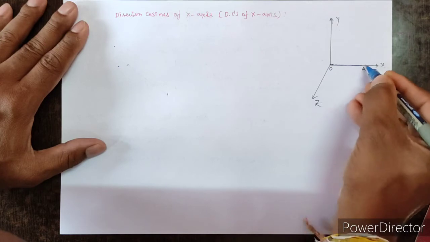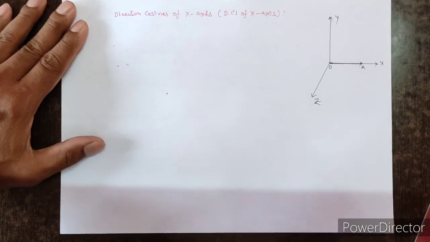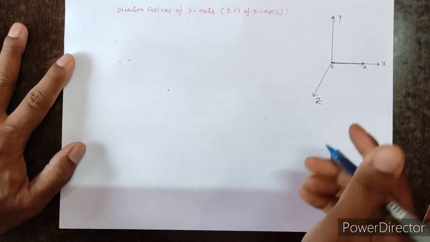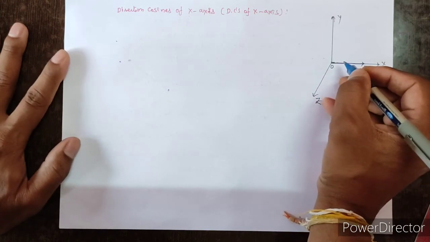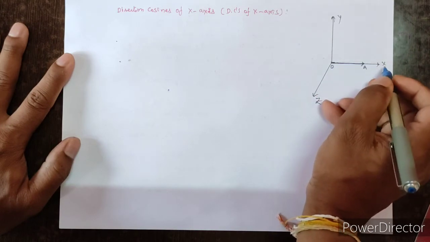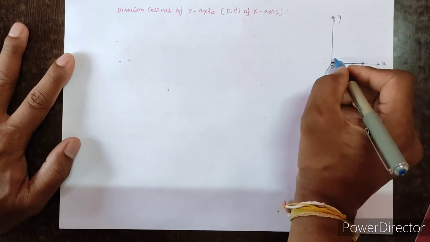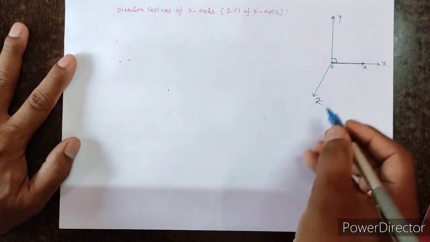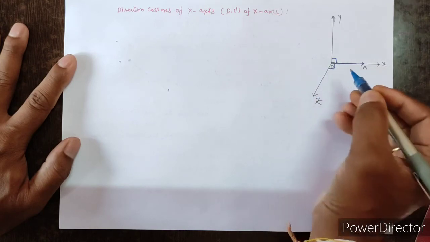The ray is on the x-axis. Then what are the direction cosines? See, if the OA ray is on the x-axis, then what are the direction cosines? Anyway, this OA ray makes an angle with the x-axis in the positive direction of 0 degrees, and this OA ray makes an angle with the y-axis of 90 degrees. In the same way, the OA ray makes an angle with the z-axis of 90 degrees.